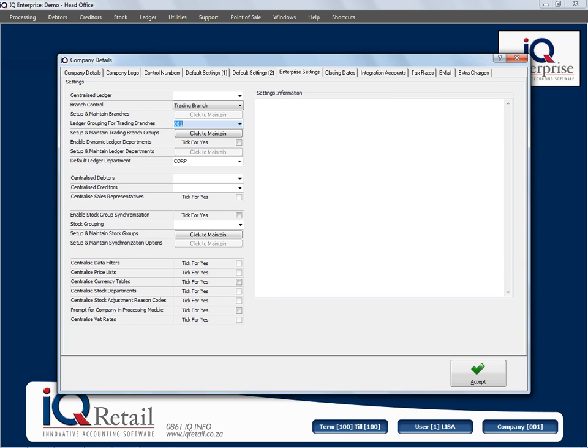I'm now going to accept here, open my other companies and select the same grouping. And in the next session, I'm going to show you the influence of what centralizing will do for you. So I'm going to click on accept. So please have 3 companies, make sure you've created them and select your trading branch options. And that concludes